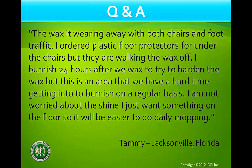The second thing is, every manufacturer will tell you 72 hours before you burnish the floor finish. In that first 24 hours, it's still evaporating moisture. It is too soft, and when you put that burnisher on it in that first 24 hours, what you're doing effectively is burnishing off floor finish that you spent time to put on. So you really don't want to do that. And the third thing here is,